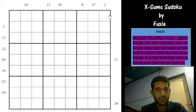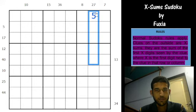Normal rules apply. You have 1 to 9 digits in each row, each column, and 3 by 3 box. And apart from that, clues on the outside are x sums. They are the sum of the first x digits, where x is the first digit next to the clue in that row or column. So if you have, for example, 27, let's say you have a 5 here. This is the first digit next to the clue in that corresponding column. So what this basically means is that the sum of 5 consecutive digits starting from this direction will be equal